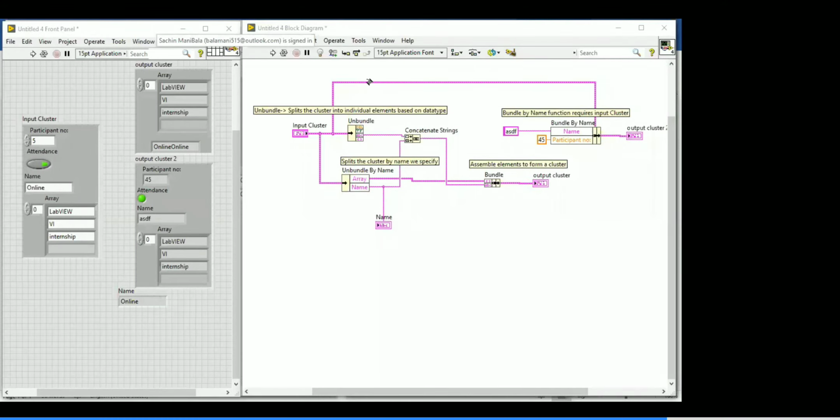Completed. So tell me quickly. We'll go for one more example in cluster so that you will get a clearer idea about the cluster.